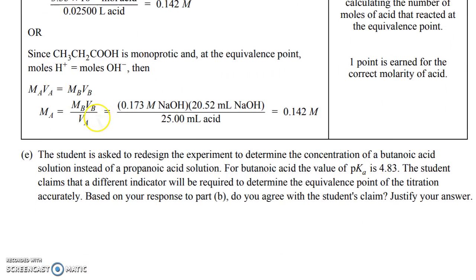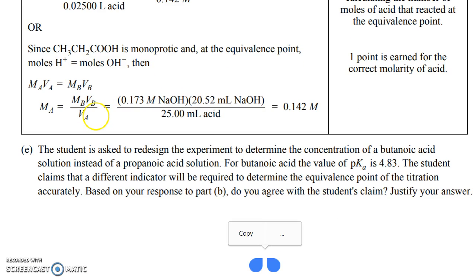So the student is asked to redesign the experiment, and the value for Ka for butanoic acid is 4.83. The student claims that a different indicator will be required to determine the equivalence point based